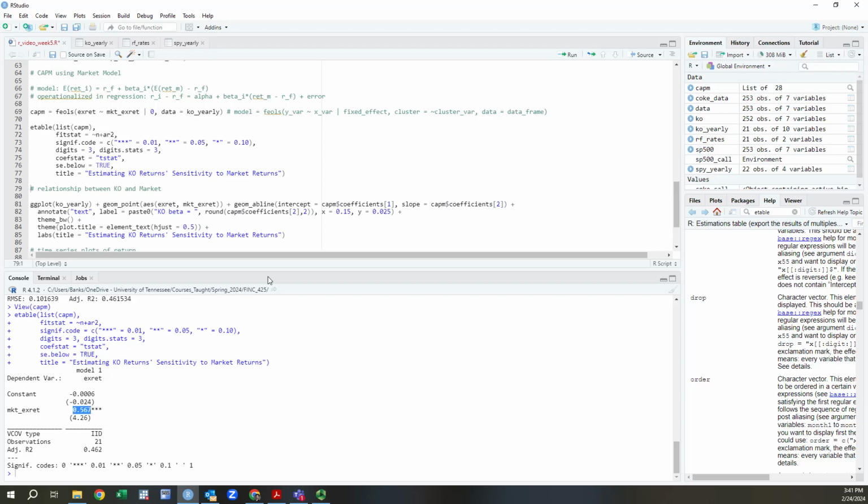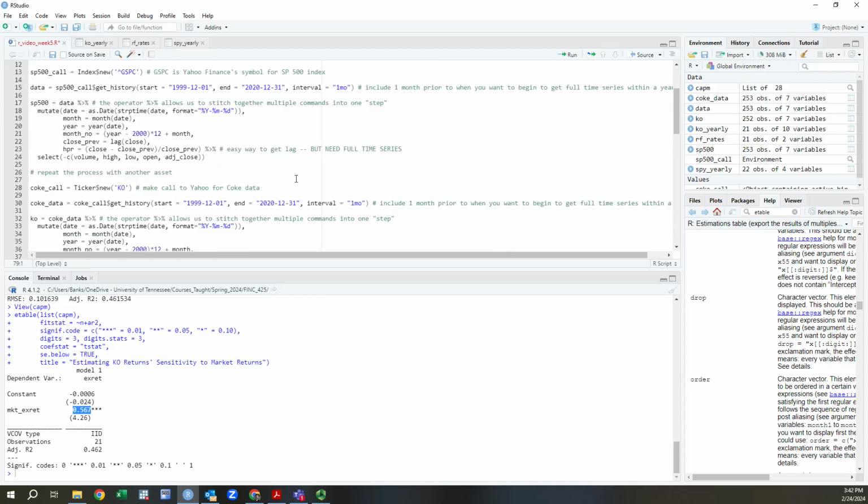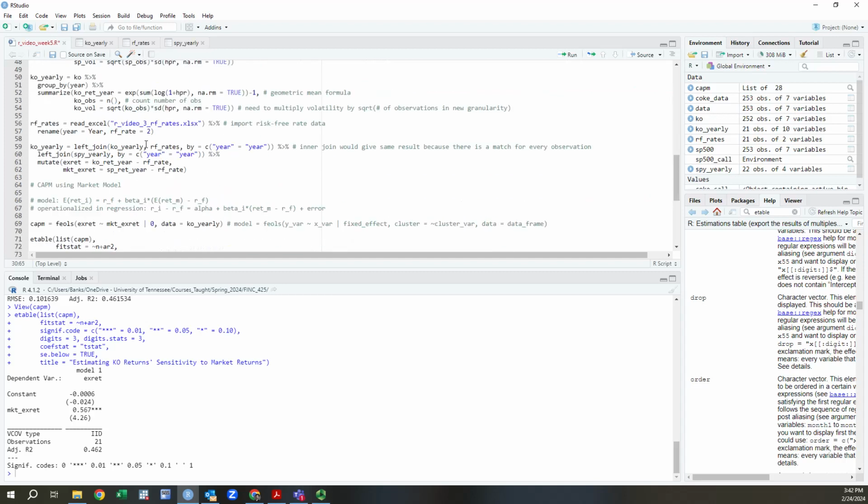But with that said, if we turn to the coefficient for the market X variable, we can see that Coke has a beta of 0.567 when estimated on yearly data from the year 2000 to the year 2020. At least I believe it was 2020, right? Yep, to the end of 2020. Which,